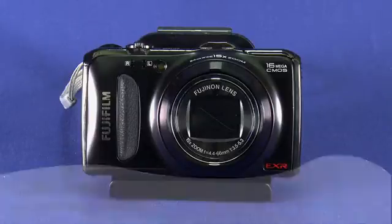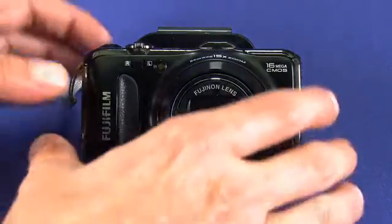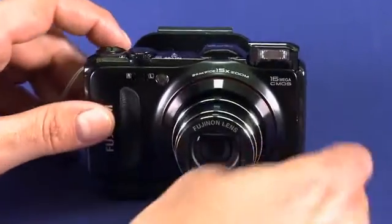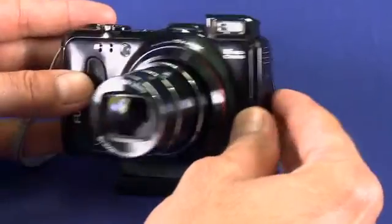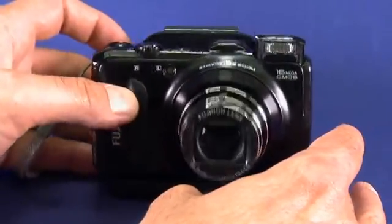F550EXR. This is the high end of Fuji's point-and-shoot line, as denoted by the F in the product title. So it's a super zoom camera, 15 times optical zoom. Turn it on here. You can see the lens barrel come flying out like that. So you can see 15x optical zoom, pop-up flash that will retract itself as well when we turn the camera